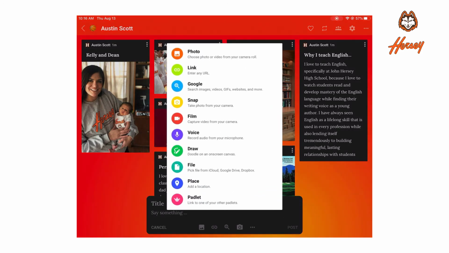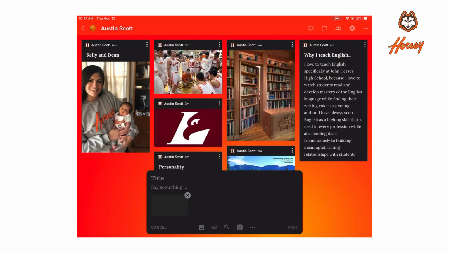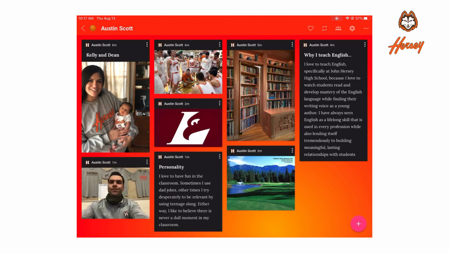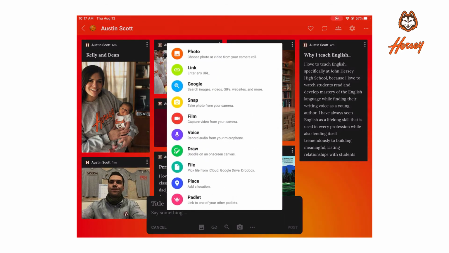There's also other things. I could draw a picture of myself. Oh, look, I could snap a selfie. Here I am working hard. Use photo, post it. So if you really want a picture of me and what I look like in the current moment while I'm making my Padlet, there it is. All right. And then let's look here. You can add a voice or audio recording,